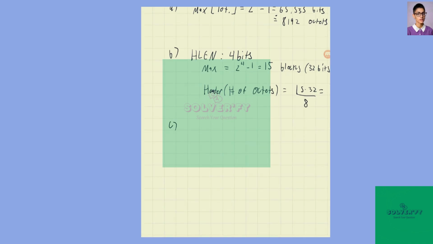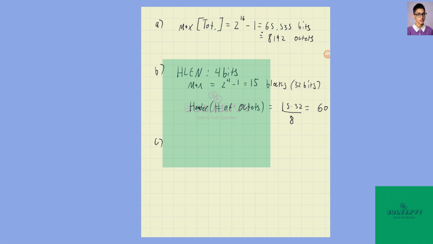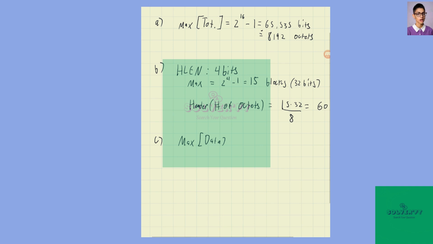For part C, we have that the minimum and most common header length is 20 octets. What is the maximum total length in octets of the data area of an internet datagram? So we figured out in part A that the maximum possible was 8,192. So we have max tot. Actually, I'll write it out slightly differently here. We'd have that the max data is going to equal the max tot